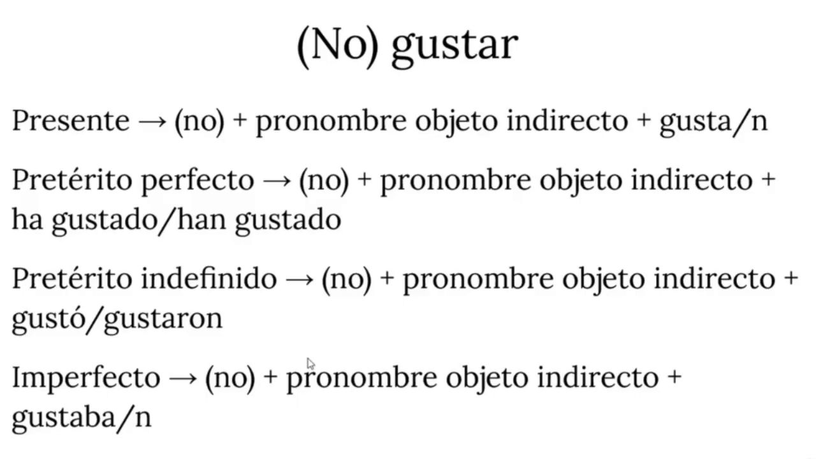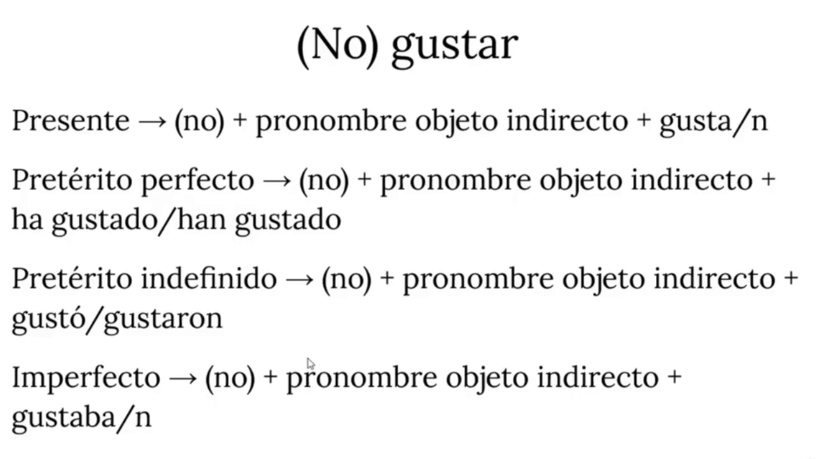And then finally, imperfecto, again, no plus the pronoun plus gustaba o gustaban. So, a ti te gustaba este libro. You liked this book, or you used to like this book. And so on, okay? So, gusta o gustan, ha gustado, han gustado, gustó, gustaron, gustaba, gustaban. Okay? So, again, to specify, gustar in Spanish is like, no gustar, dislike, and this works as so in the